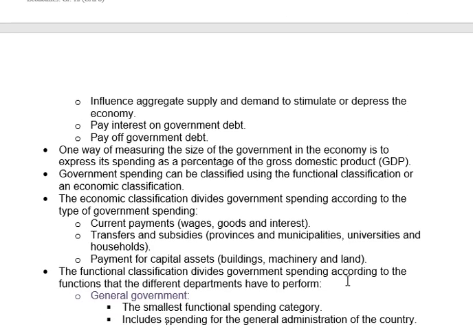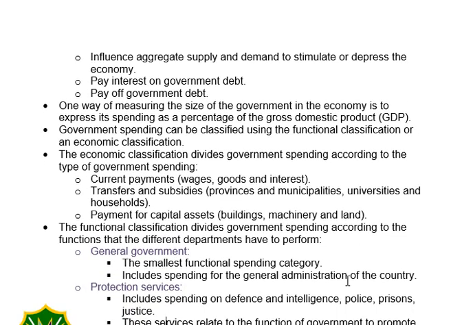Right, the next reason is they want to influence aggregate supply and demand. Obviously it goes hand in hand, as we said, with the business cycle. If the business cycle is in that boom phase, the prosperity phase, and the economy is busy overheating, the government will use their fiscal policy, their spending, to slow down the economy. Restrictive fiscal policy: they will decrease their spending. When the economy is going into a downswing and we're reaching recession, depression, the government will want to bring us out of that contraction phase, and they can use government spending as an injection. If they increase their government spending, they can bring us out of that downswing.